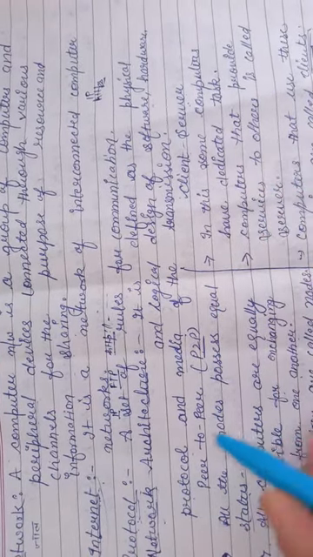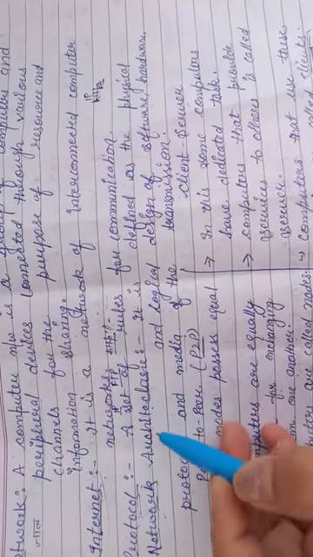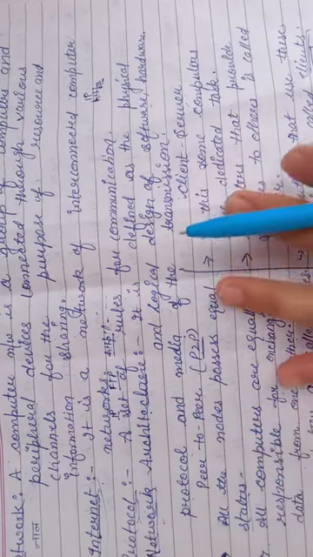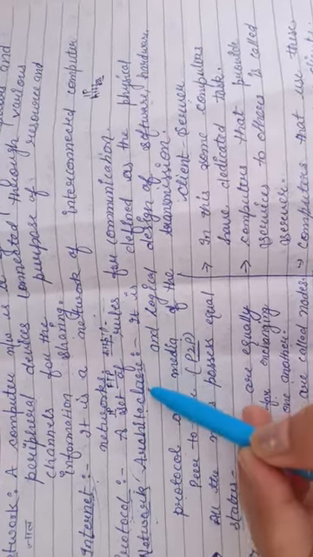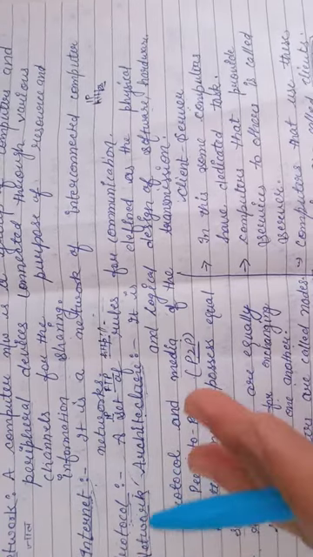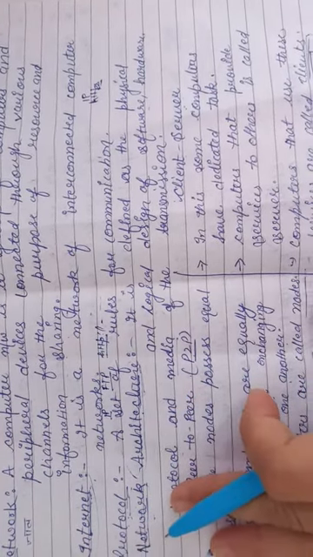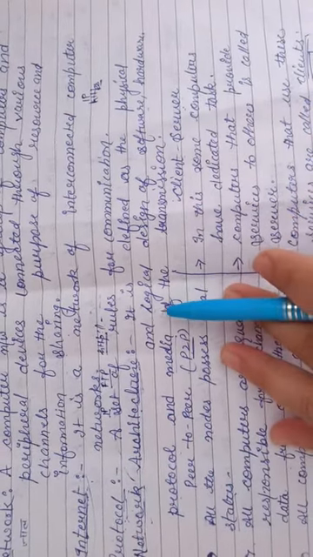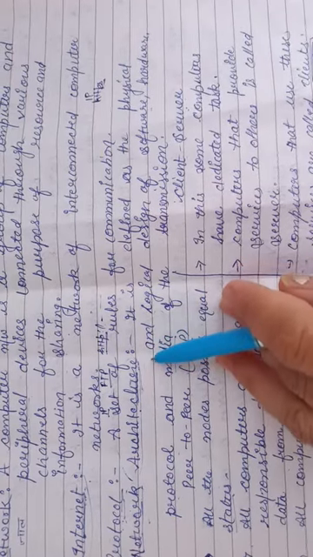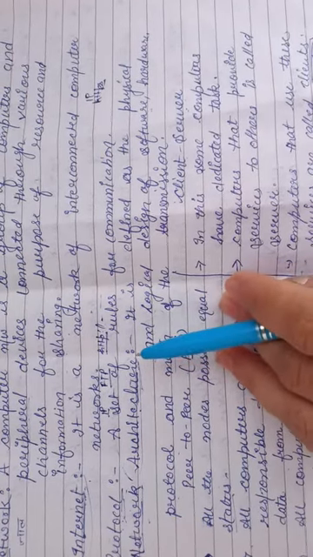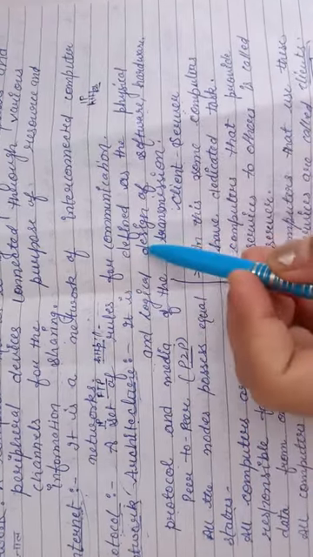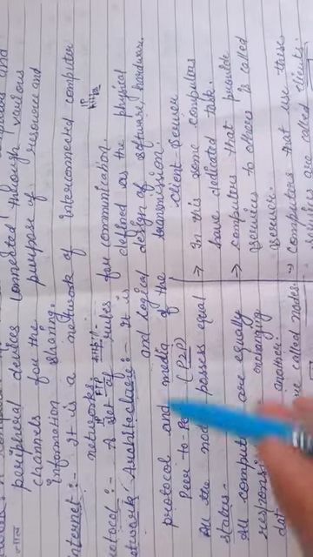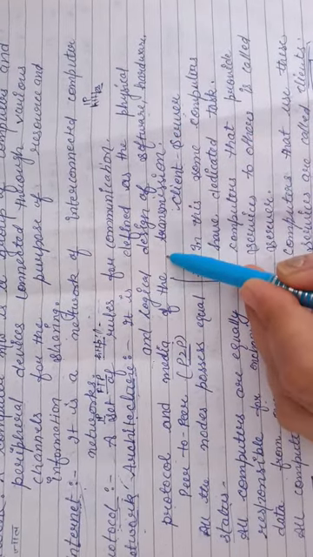Next topic is our network architecture. That is very important from the exam point of view. Network architecture, as you very commonly hear the term architecture. What is architecture? Architecture is the design of something. And if we are talking about networks, then we are talking about the pattern, or we can say the layout or the logical design of networks. So we will define network architecture as the physical and logical design of software, hardware, protocol and media of transmission.